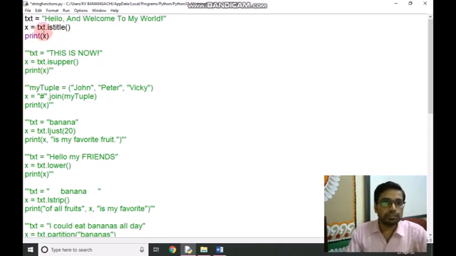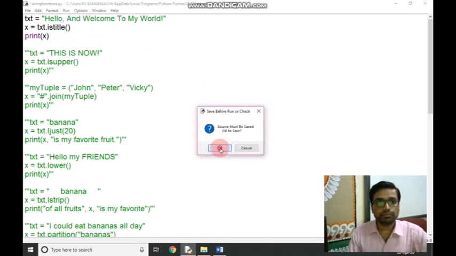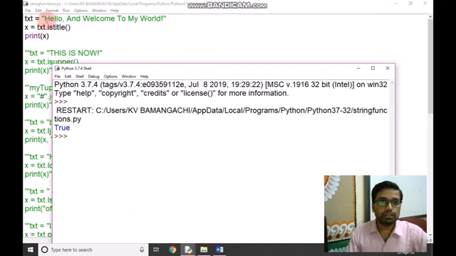We are checking here txt dot istitle. It will return true because the first character of each word of the sentence has a capital letter, because it is in title form, so it is returning true.